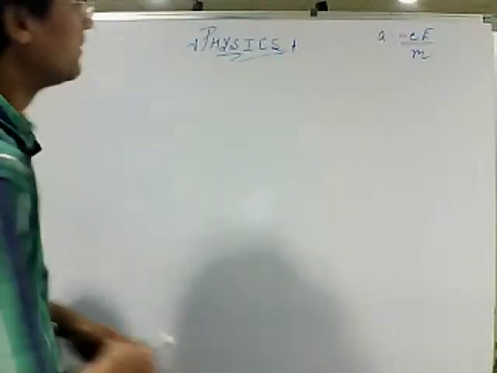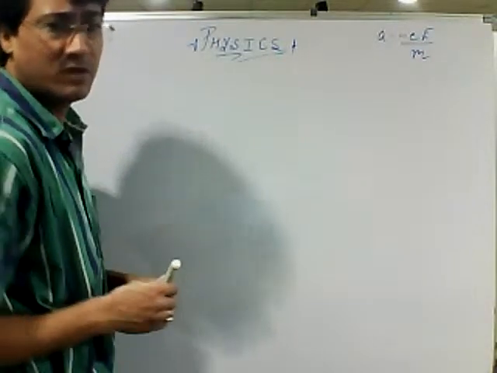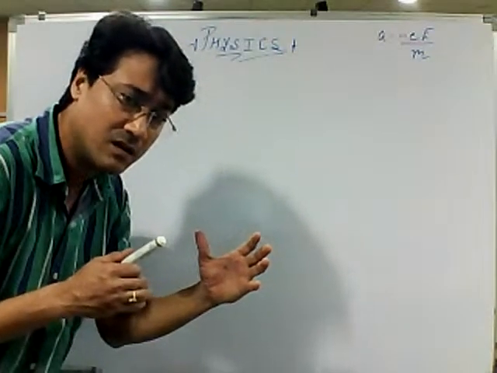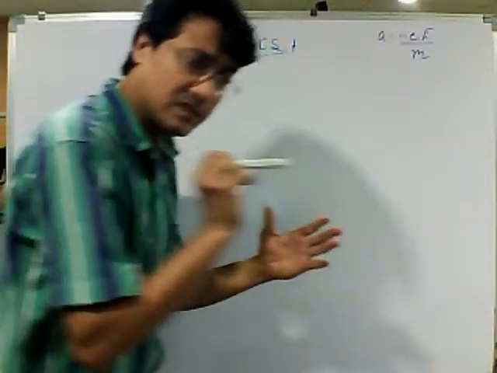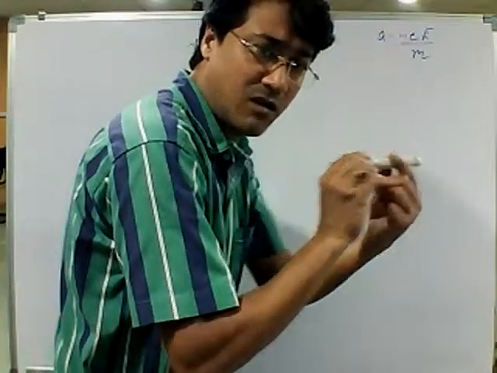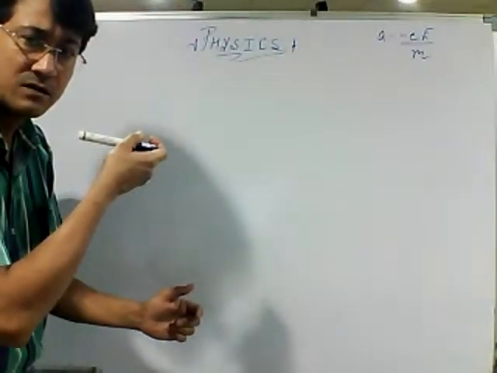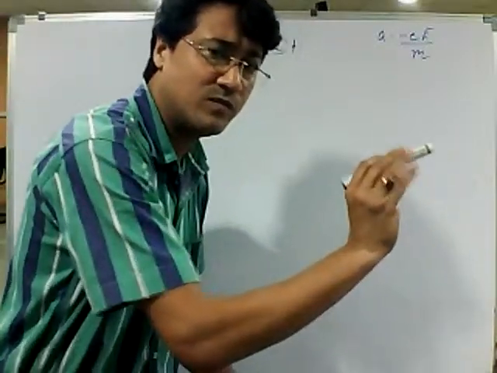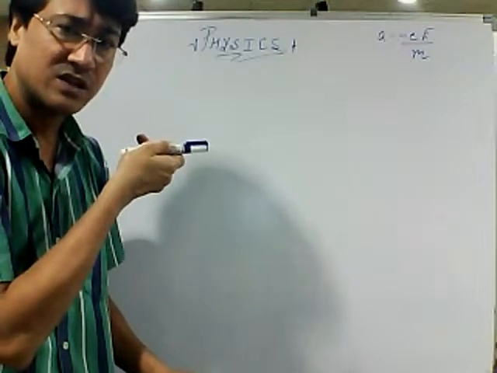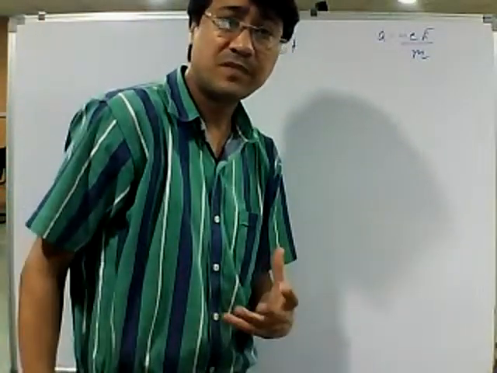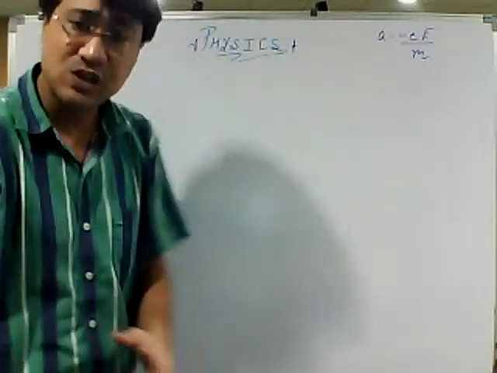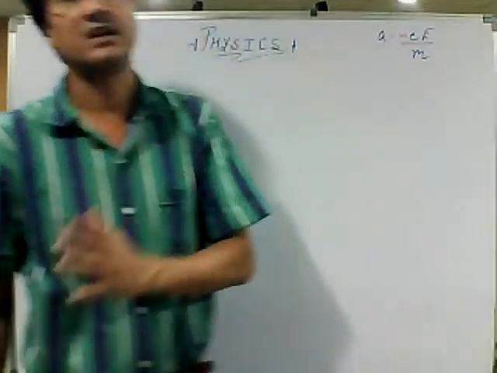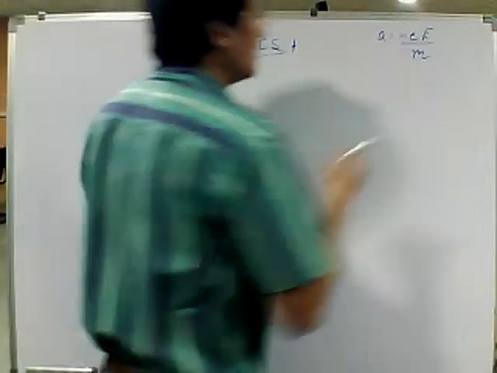Got it? Okay. So now, when we talk about the movement of the electron, when you are providing the electric field, if the direction of current is in this way, what will be the direction of the electron? It is in the opposite direction. If the current is in this direction, the electric field is in this direction, so the movement of the electron is in the opposite direction. This average velocity with which the electrons move in the direction opposite to that of the current is termed as drift velocity.